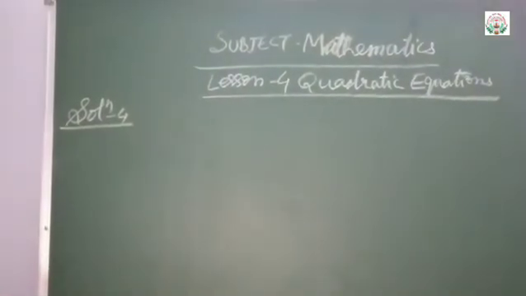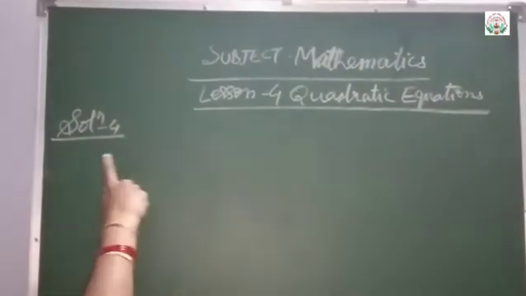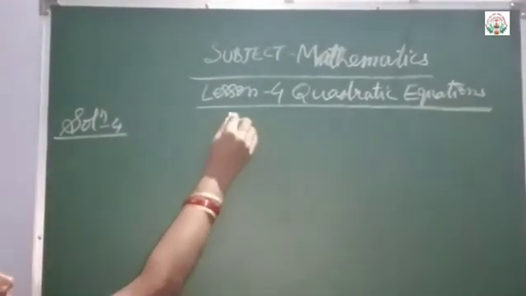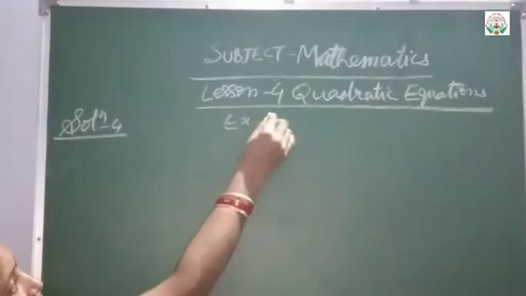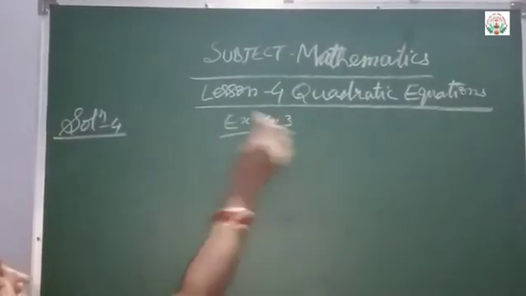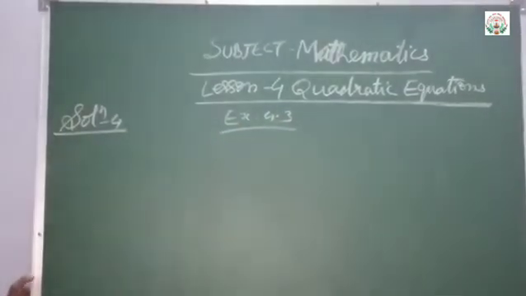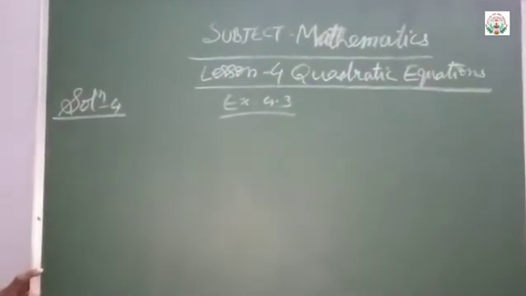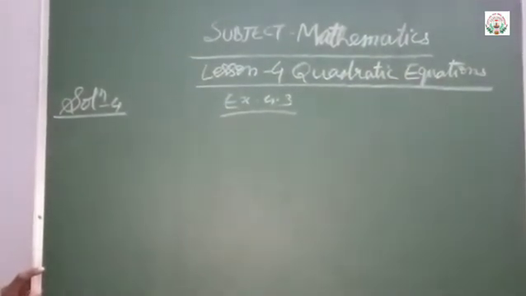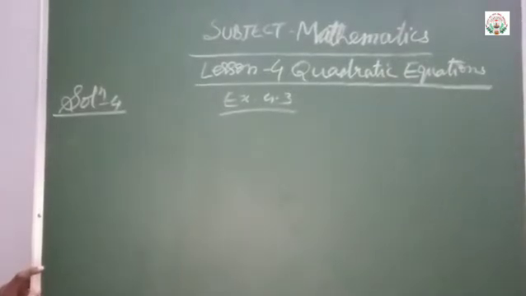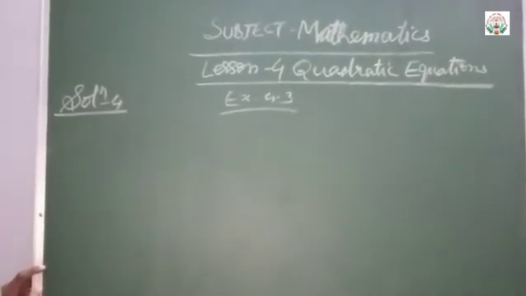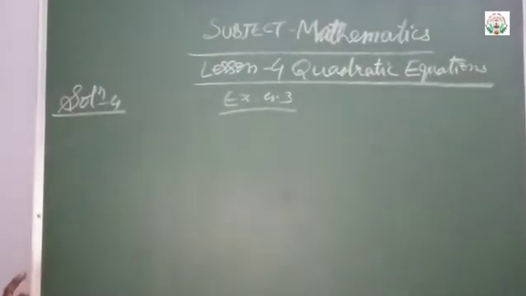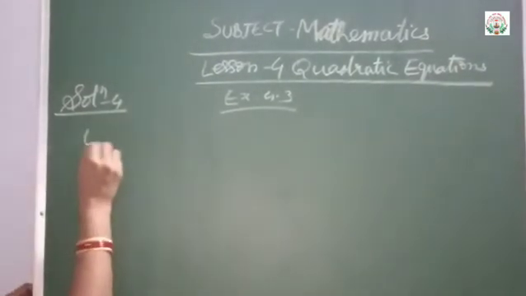Good morning, children. Now let us have question number 4 of exercise 4.3. Exercise 4.3. Question number 4: the sum of the reciprocal of Rahman's age in years 3 years ago and 5 years from now is 1 upon 3. Find his present age. So let us write, let